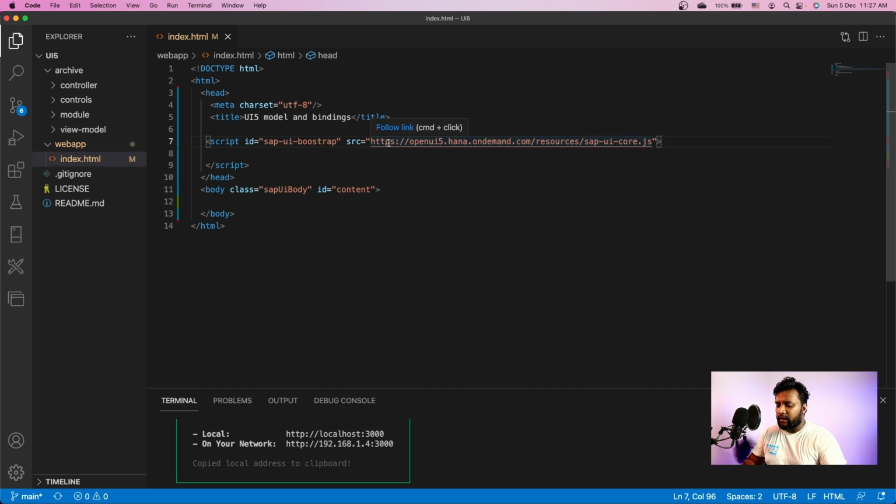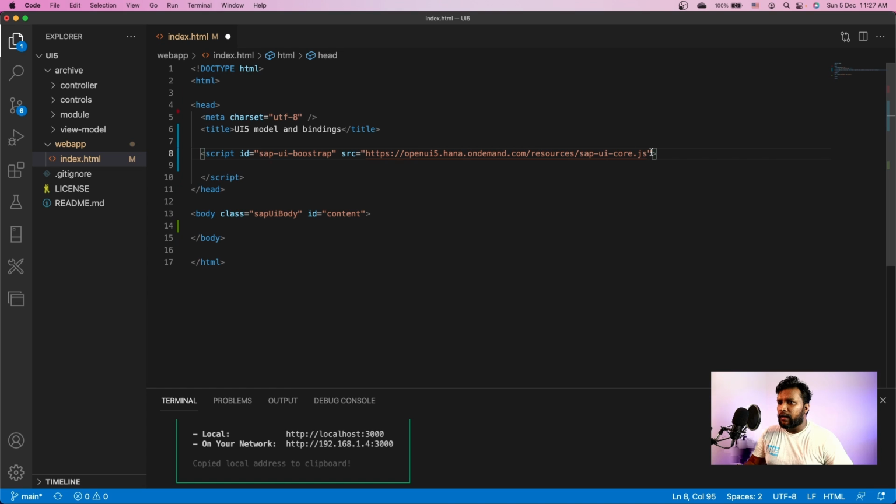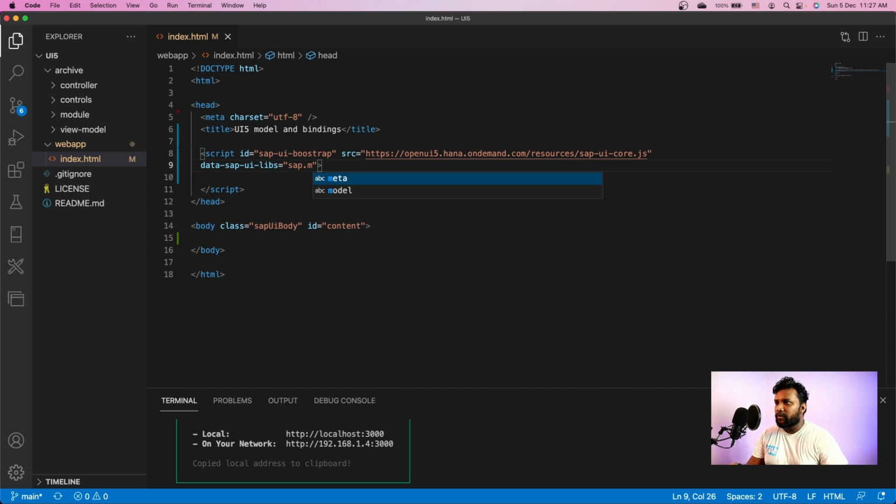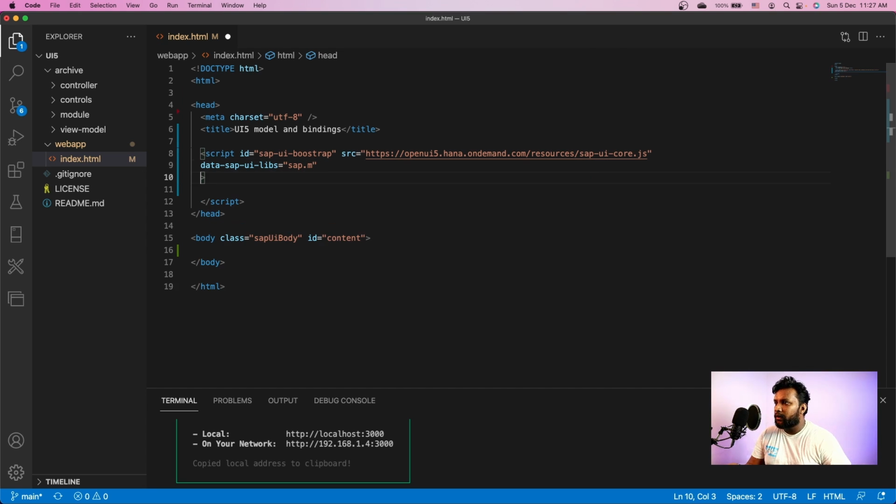So we need some additional attributes. I'll add the next one as data-sap-ui-libs. First, I'll say what are the libraries I want to load. So I need the sap.m library by default to be loaded. So let me add data-sap-ui-resourceroots.